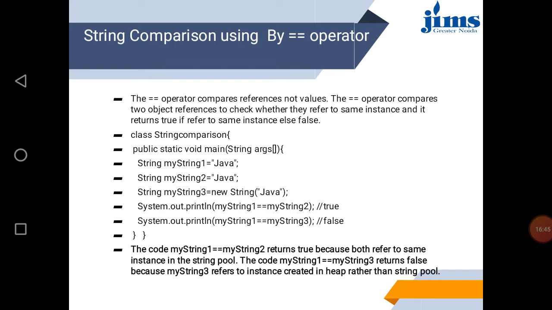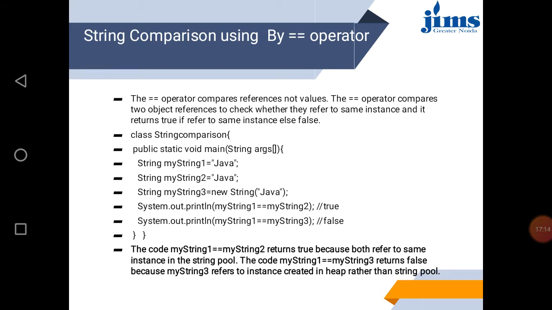But the double equal operator's mechanism is different. When you are comparing my string 1 with my string 2, both are present in the string pool. That is why you are getting true. But when you are comparing my string 1 with my string 3, we get false. Why?